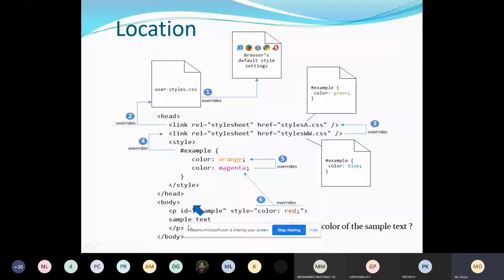In inline we have given red. In internal, magenta will be given priority. In external we have two colors, but blue will be taken as priority. Can anybody guess which color will be applied here?